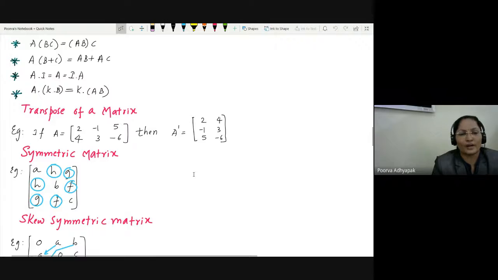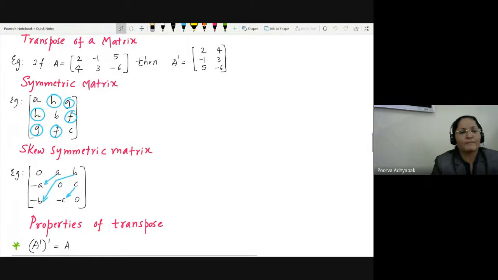Then comes the symmetric matrix. Again, with one example I would like to explain. Look at the students, these are the diagonal elements A, B and C. Whenever you fold any square matrix along the principal diagonal elements, the corresponding elements will be same. See, with this color I have marked H, H, G, G, F and F. So this is called a symmetric matrix. One more step ahead is skew symmetric. It is same as this, but here diagonal elements will be 0, and when you fold it along this diagonal, the corresponding elements will be same with opposite sign. So here A is there, minus A, B is there, minus B, C is there, and minus C.